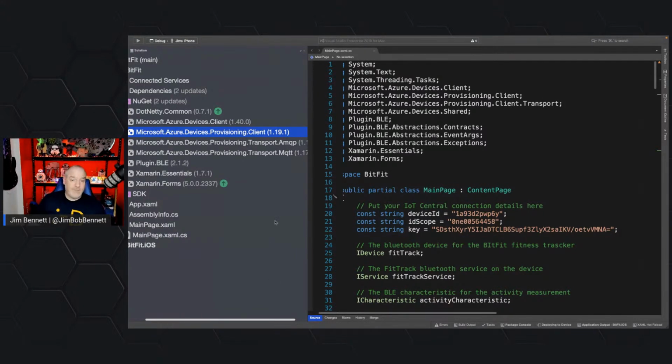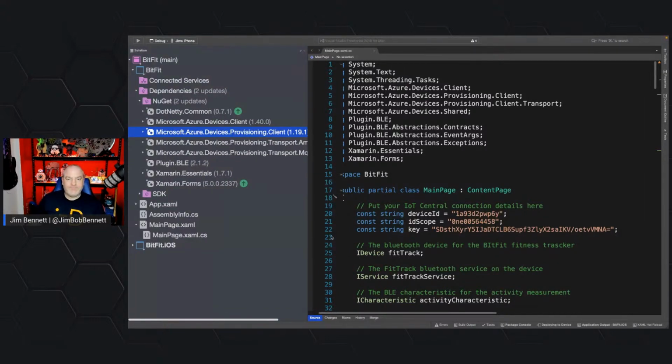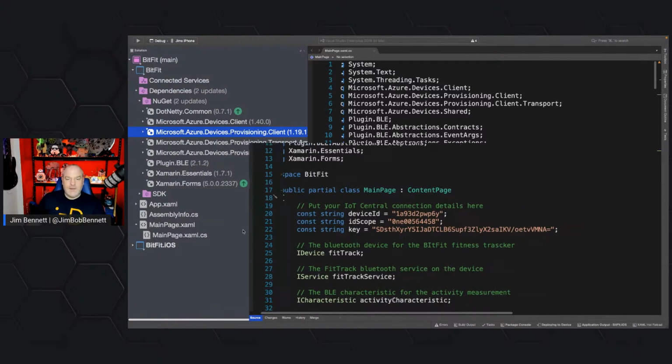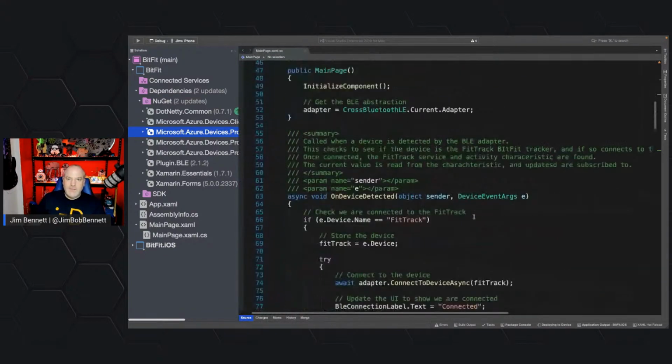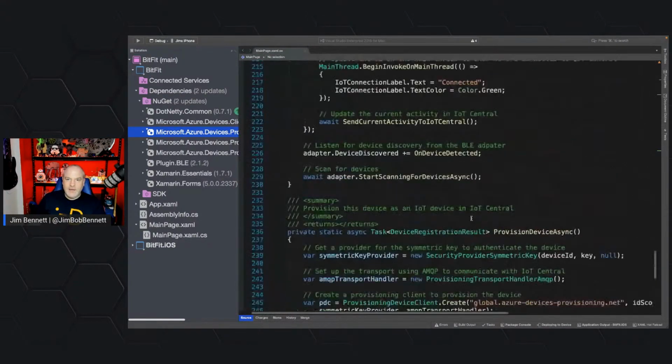In which case there is a transport HTTP you can use, and that basically acts like a web request to try and set yourself up. But if you can do more stuff, then there's different message brokers that can be more efficient. So I install those packages into my code, and then in my connection code here,